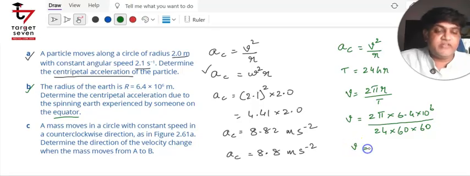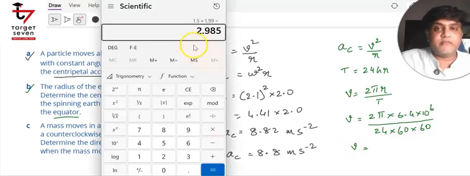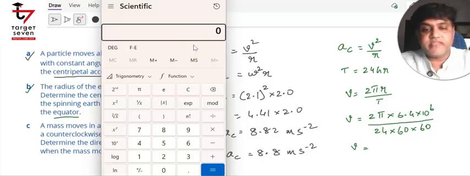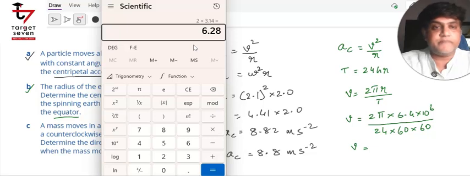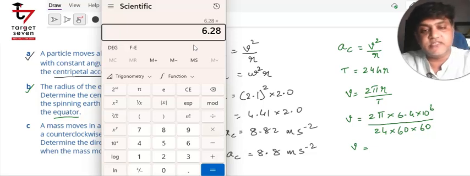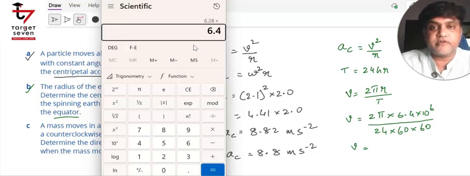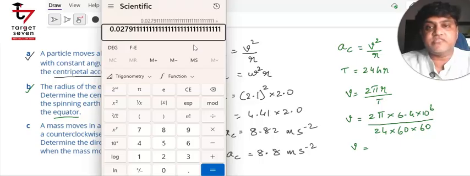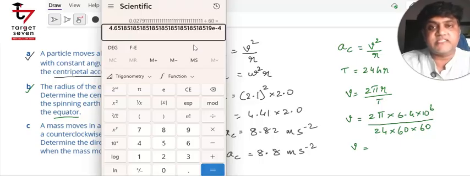Therefore, for the value of the linear speed, let's do a quick calculation here. That would be 2 into 3.14, into 6.4, divided by 24, divided by 60. This further divided by 60 will give us a value of